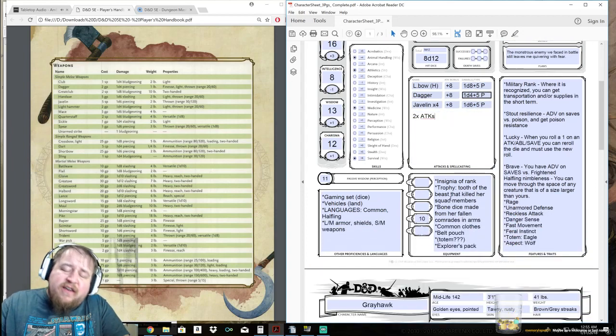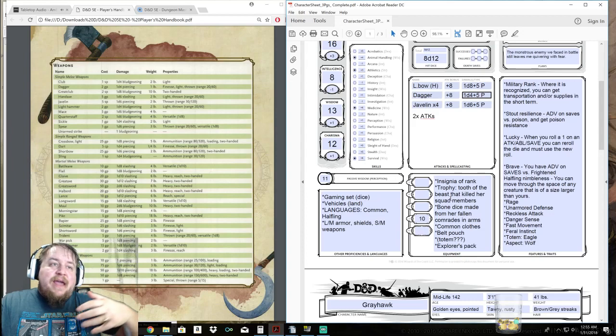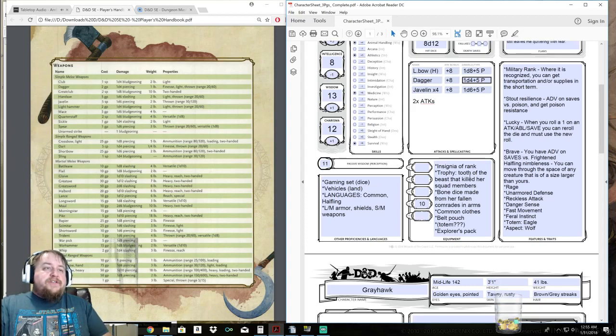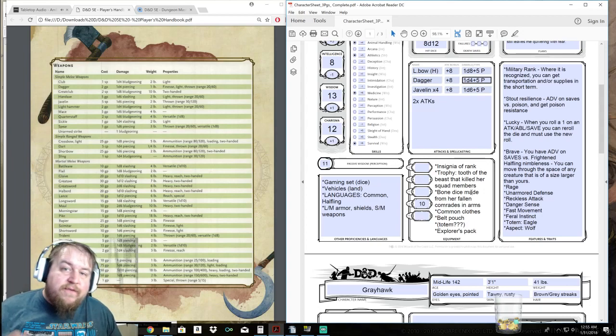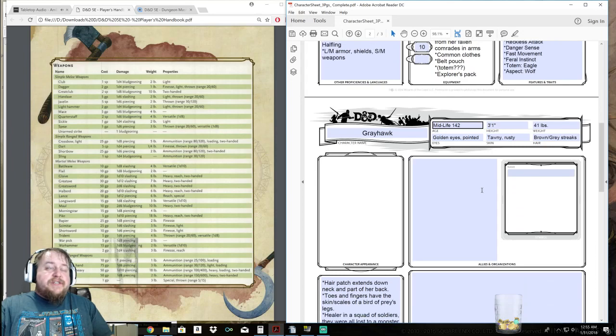She has a ton of flavor, a ton of backstory. Is cool, is compelling, randomly generated, and has just an amazing stat block. Is just really, really neat. She has the tooth of the beast that killed her squad members. She made dice from the bones of her fallen comrades. And she's on this path of